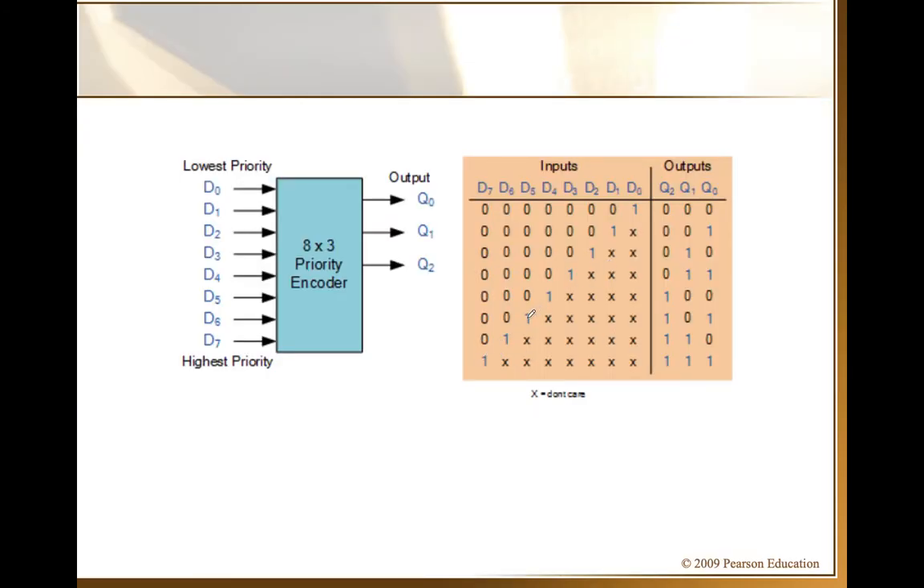So at one time, if D5 is high and is the highest order decimal bit which is high, others are 0, then it doesn't matter whether the lower ones are high or 0. Only this will be encoded. Do you understand? I'll give you two examples just to clear it out. Okay, so the number is